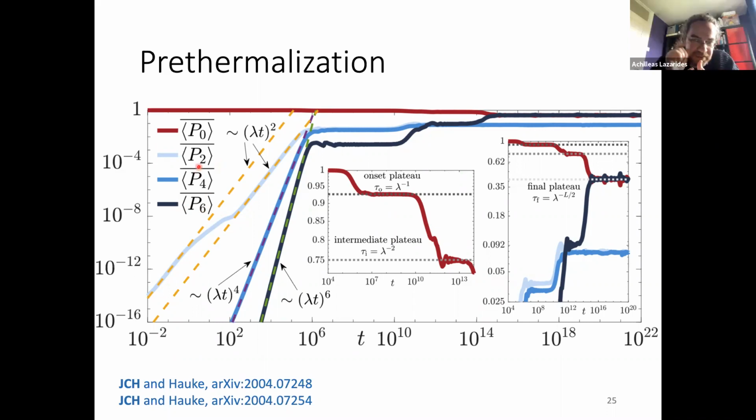P2. So you said that from 0, you have 3 ways of going, right? Well, it depends on what order process you have. A first order process would take you to 2, third order takes you to 4, and so on and so forth. Leading order in your expansion. Oh, I see. That's what I didn't get. Okay. From 2 to 4, it's 1 order, and to 6, it's 2 orders, right? So that's why you see these 2 plateaus, same as for 4. Yeah, I get it now. You can't do anything else.